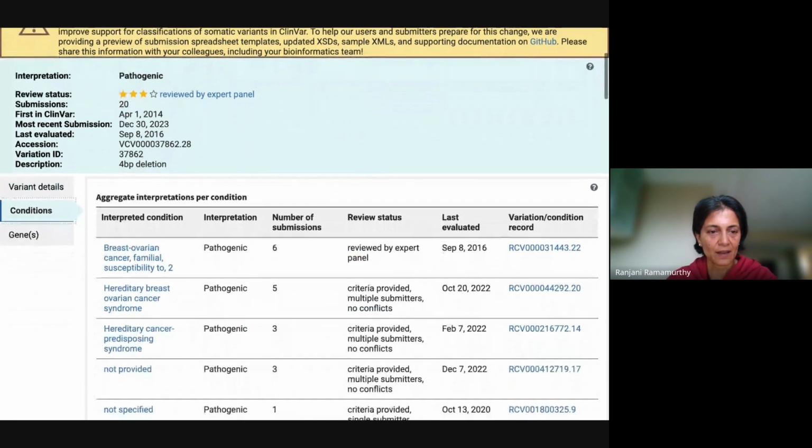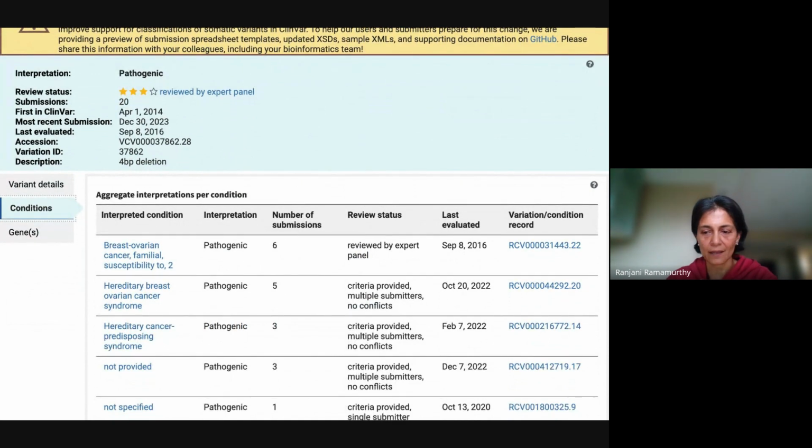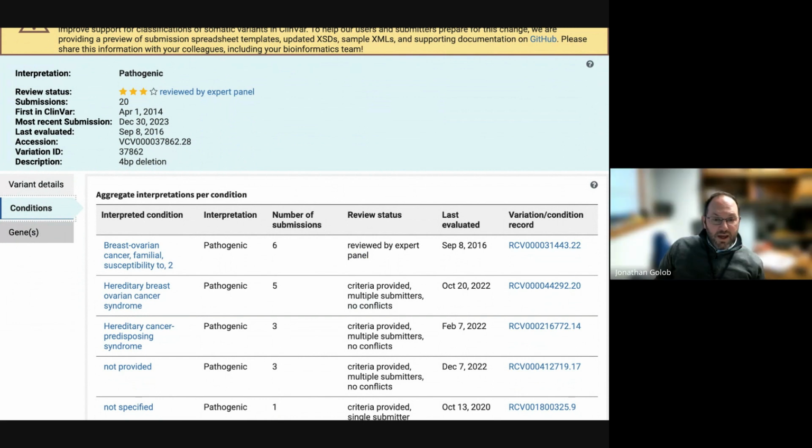can continue. But this is a 4 base pair deletion, and you and I were discussing how this deletion results in a change in the amino acid lysine and why that's interesting. Maybe we could talk a little bit about that too. Yeah, and this is even more than just merely affecting lysine. Lysine is an amino acid that can be modified post-translationally, which is important. But the words of DNA that go into making an amino acid, the building blocks of